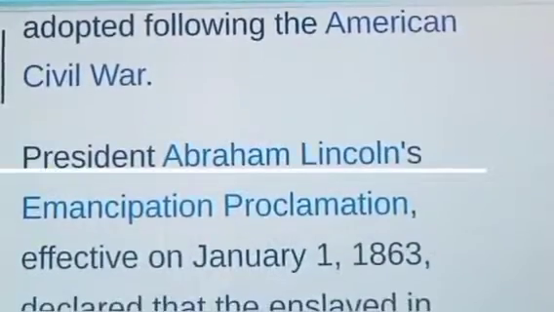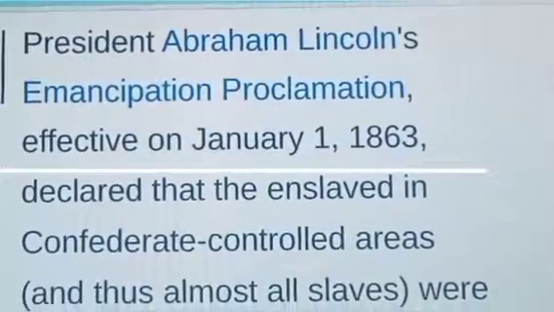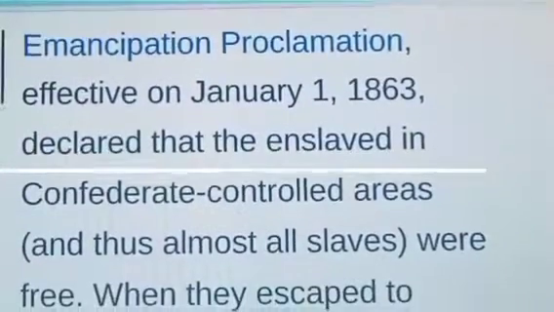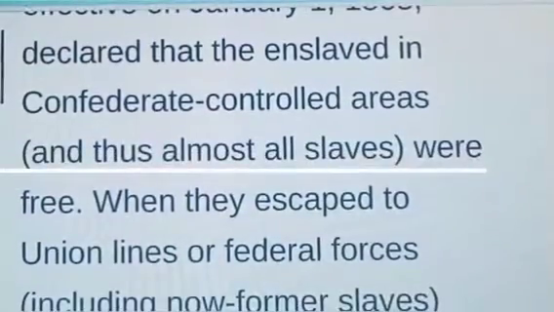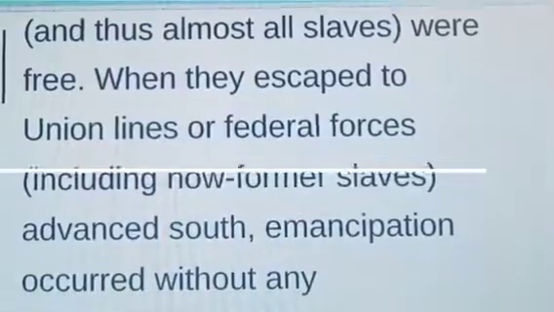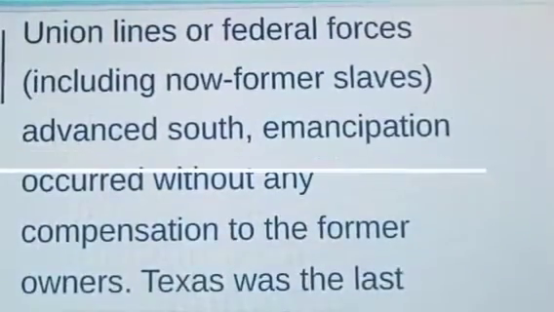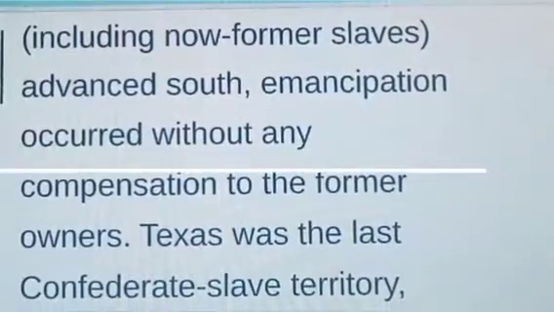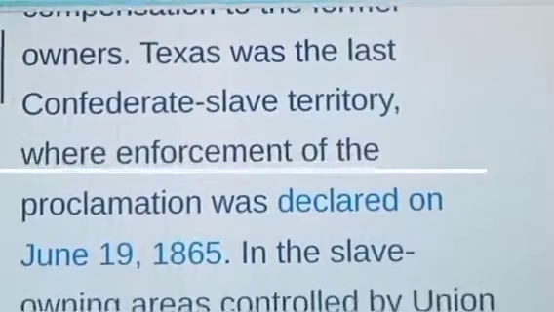President Abraham Lincoln's Emancipation Proclamation, effective on January 1, 1863, declared that the enslaved in the Confederate-controlled areas, and thus almost all slaves, were free. When they escaped to Union lines or federal forces, including now former slaves, advanced south, emancipation occurred without any compensation to the former owners. Texas was the last Confederate slave territory where enforcement of the proclamation was declared on June